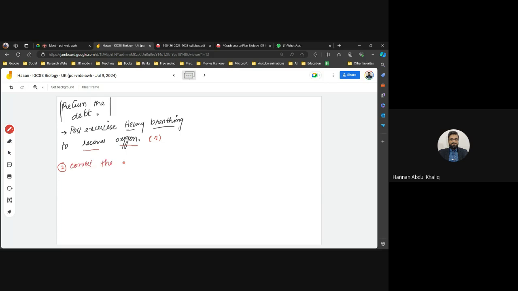the lactic acid into glucose, or maybe into intermediates of respiration, to perform the complete process. See, what I told you last time, I told you that when we do the respiration,